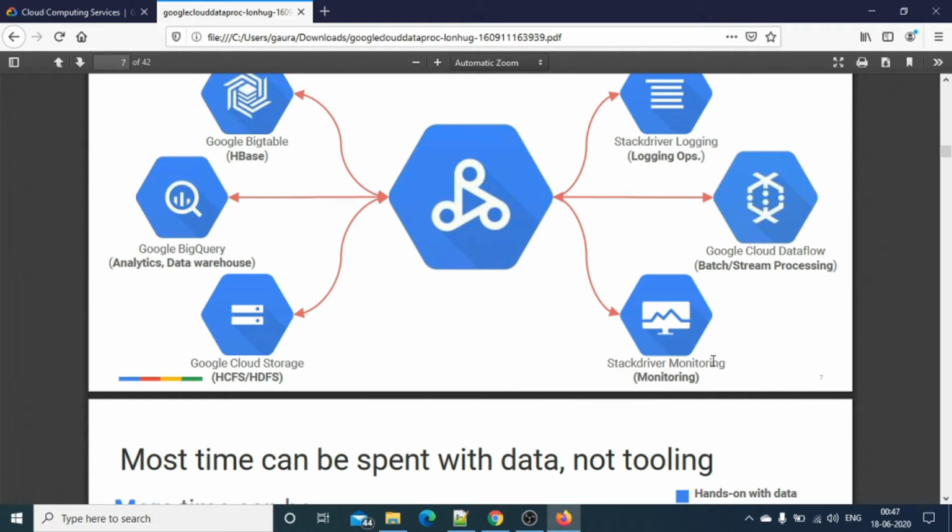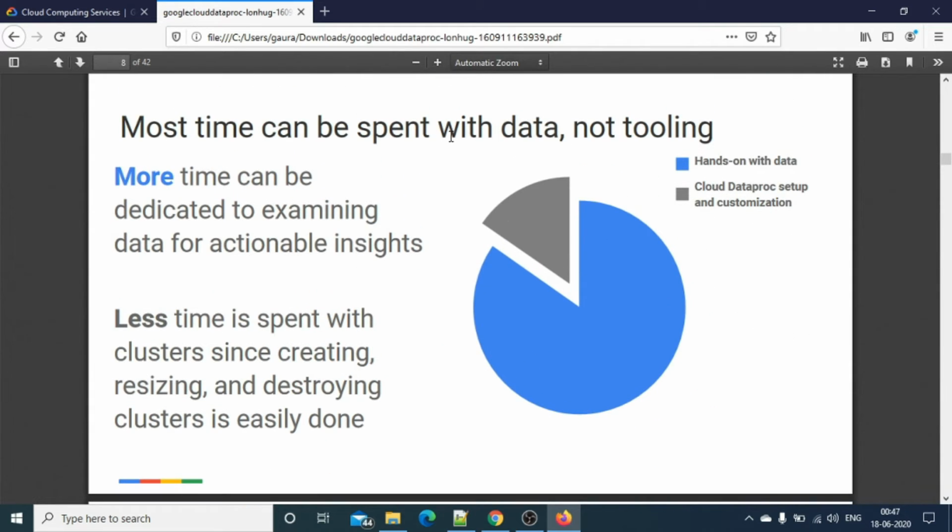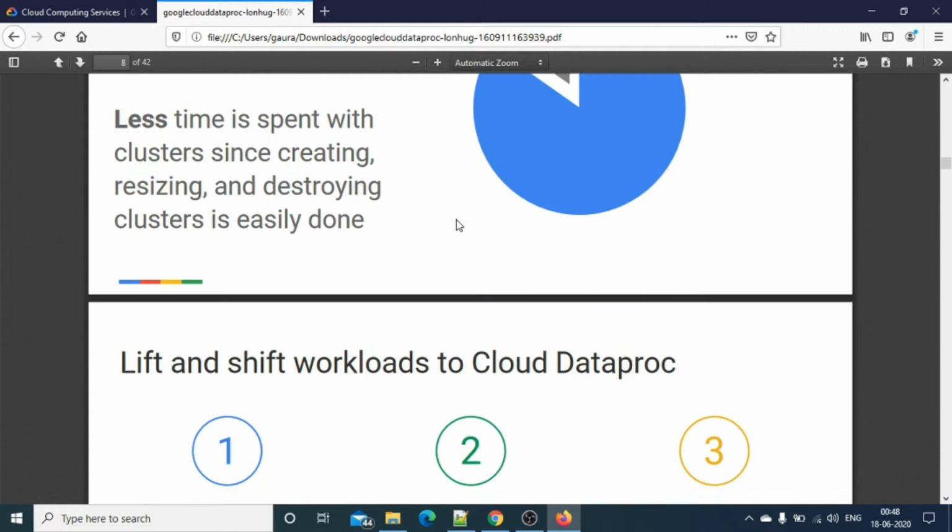In Stackdriver monitoring, you can monitor your master and worker nodes. So you can see most time can be spent with data, not tooling. You're not bothered about how the tool will work and how the infrastructure is working behind. You're supposed to focus on your data wrangling.